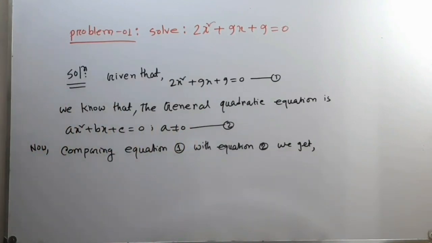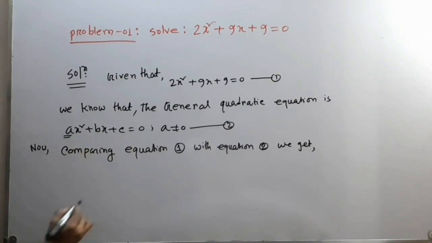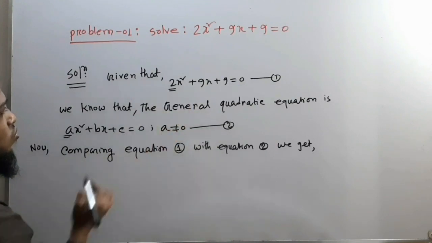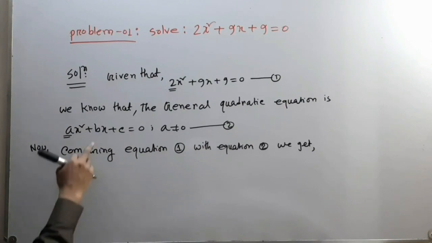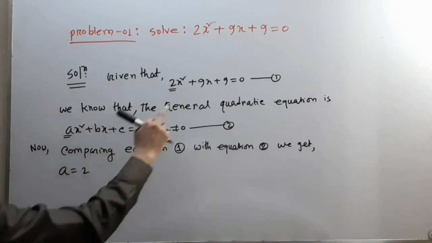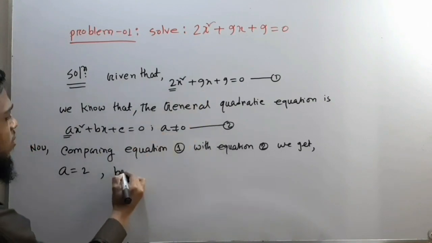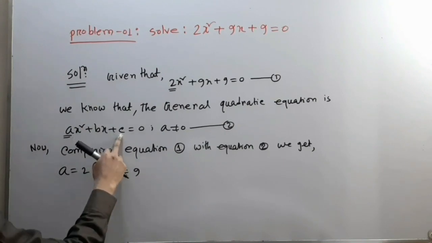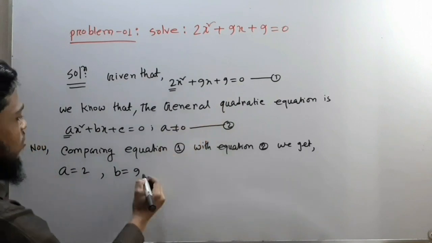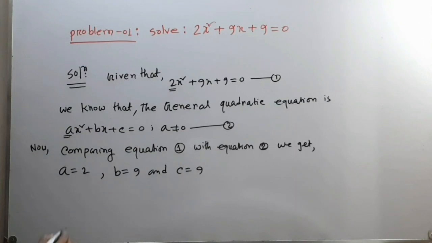dear student, look here, the coefficient of x square is a, and here the coefficient of x square is 2. So a is equal to 2, and the coefficient of x is b, and the coefficient of x is 9. So b is equal to 9, and here the constant is c, and the constant term is 9. So the value of c is equal to 9. So the solution of the quadratic equation is